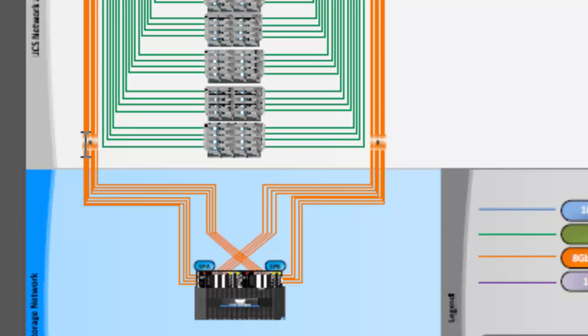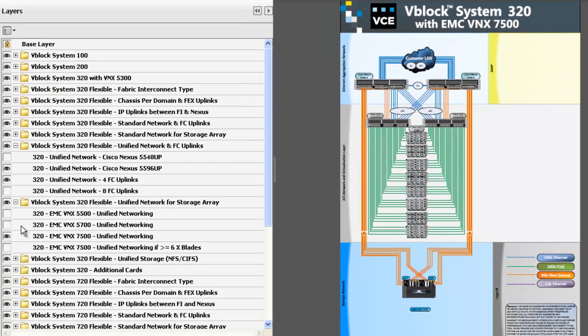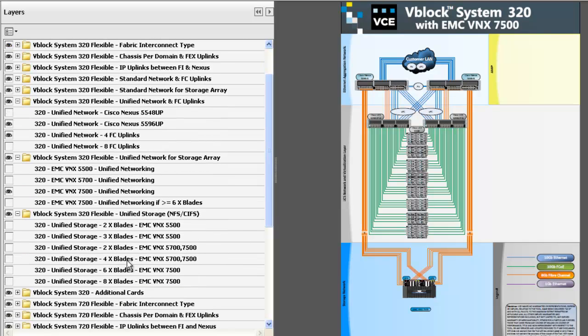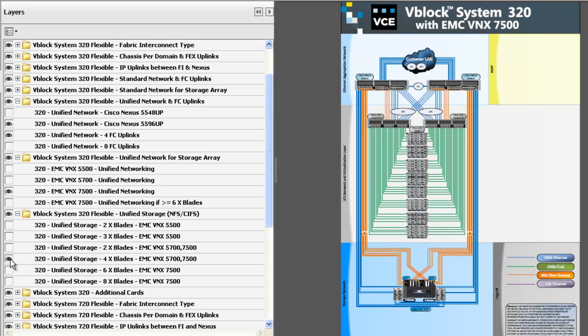That's supposed to designate exactly how many links are actually going up into the specified components. Now I also have the ability to add unified. So if I have, as you can see right here, we want to add, say, 4 X blades, I can actually choose to put CIFs in here. And now I can have all these 10 gig Ethernet ports going up into our